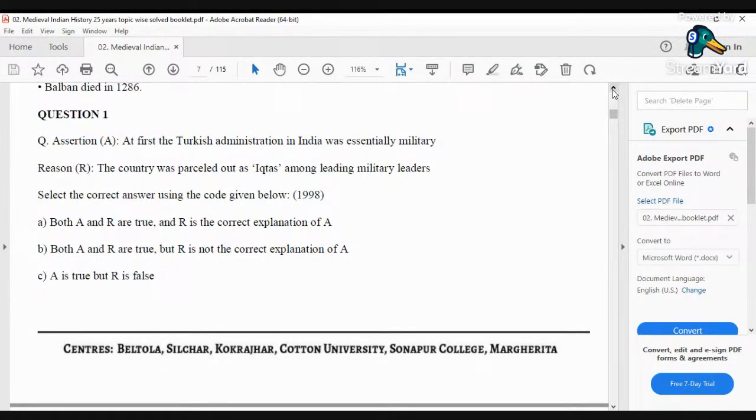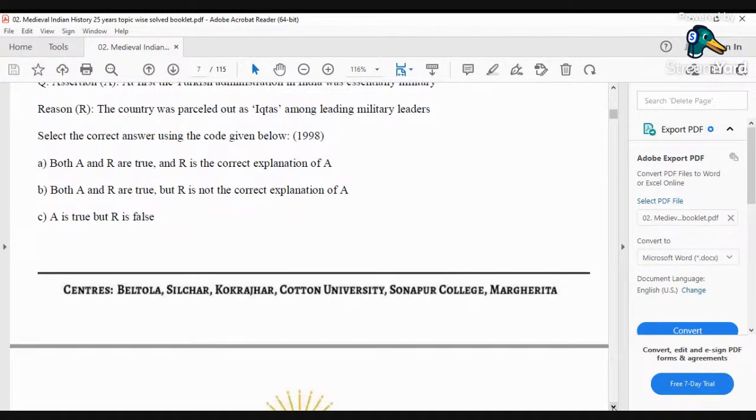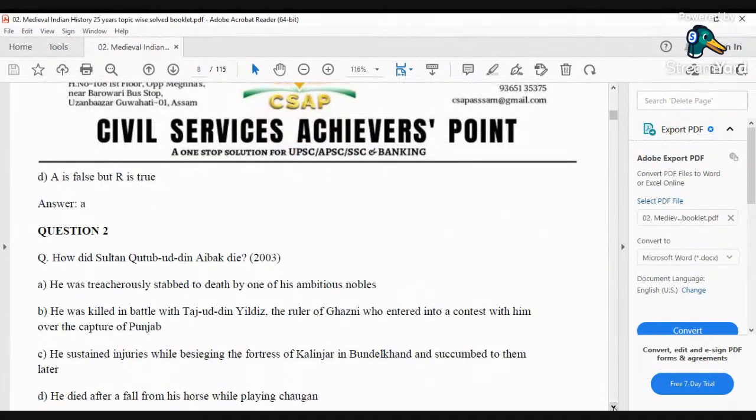The country was parceled out as iktas among leading military leaders, which is very much correct. And A is also correct. Initially, the administration was essentially military. It had a military tone to it. So the correct option in this case would be A, that is, both A and R are true, and R is the correct explanation of A. That is, both the statements are correct. Now,